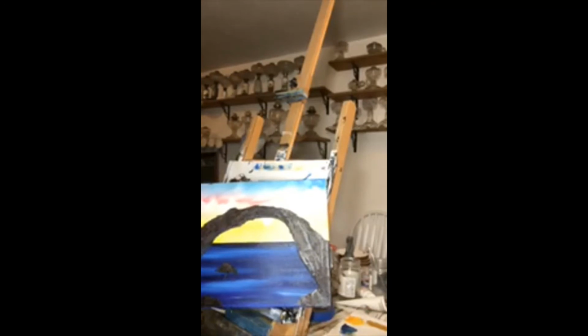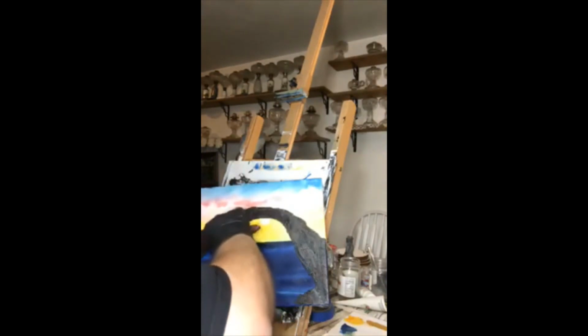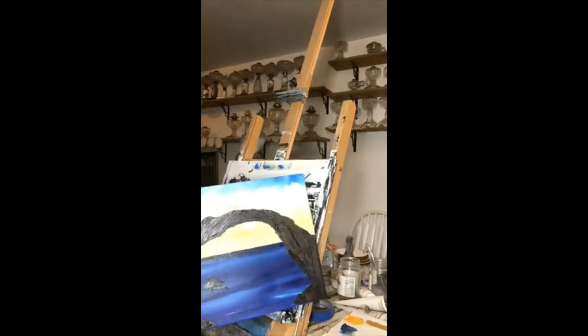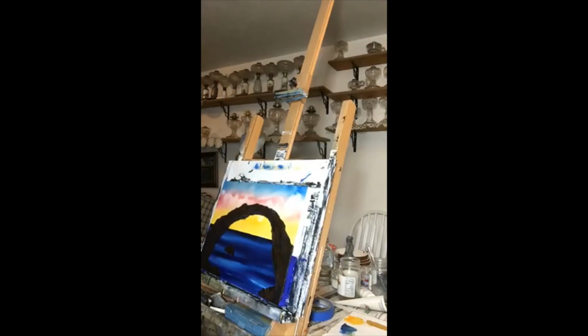All right, we got some of this. Let's put a little bit more right here. Let me turn that around the other way, like this. All right. Now we can start brightening it up a little bit. All right, so let's put a little bit more dark sienna here on the palette. We'll pull it off to the side though, and let's go with